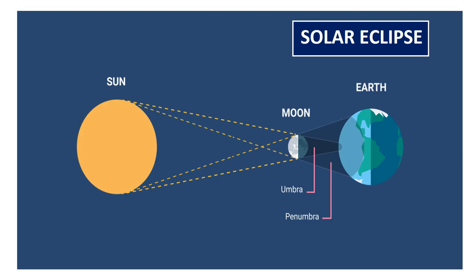Here earth is acting as the screen on which the shadow is formed, and moon is acting as the opaque object which is blocking the sun rays partially or completely. Now, any viewer from the earth, if looks at the sun during a solar eclipse, then he would experience just some part of the sun visible because the rest of the part is covered by the moon.